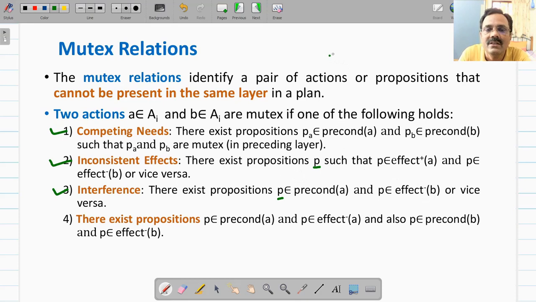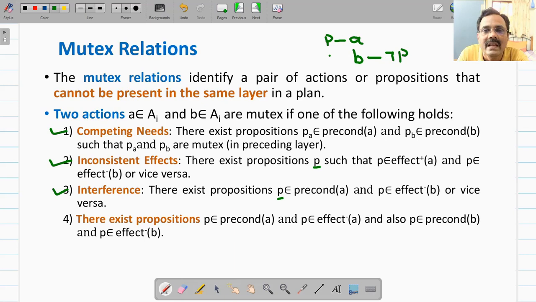So we have action A whose precondition is P, and we have another action B which is deleting this P.